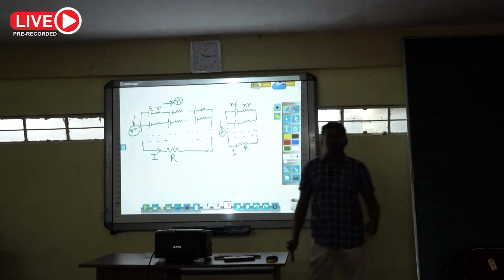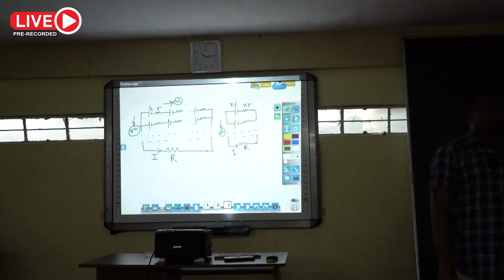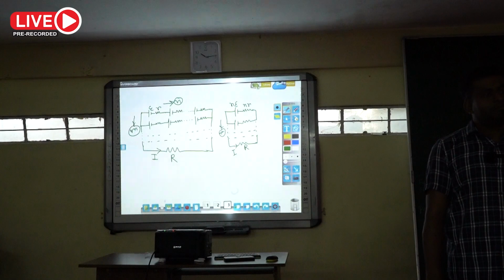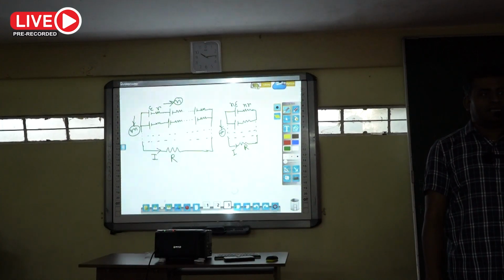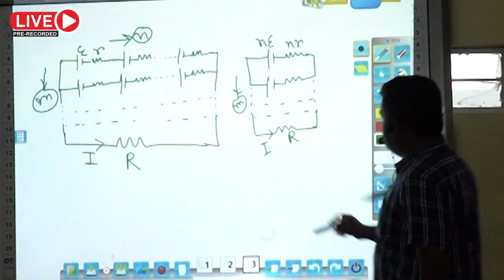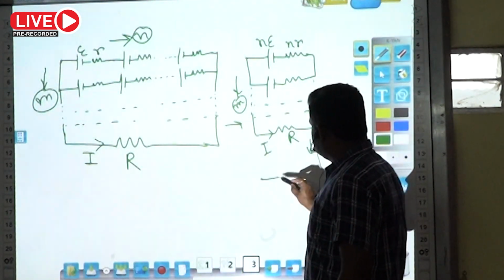Now, if M number of cells are connected in parallel, then what will be the EMF? Same, nE. Each cell has EMF nE. So M number of cells are connected in parallel. In parallel, potential difference or EMF remains the same. So in the next simplified diagram, we can write that